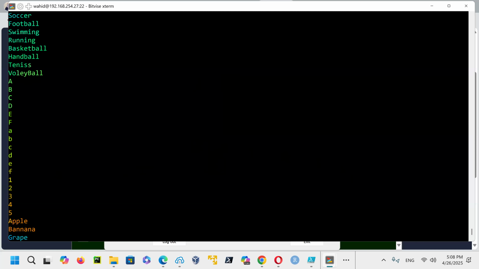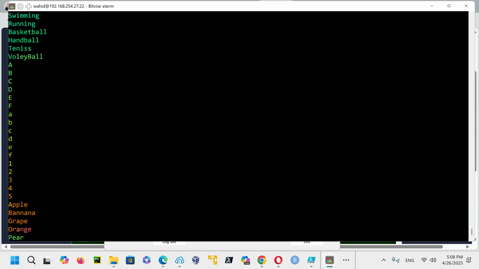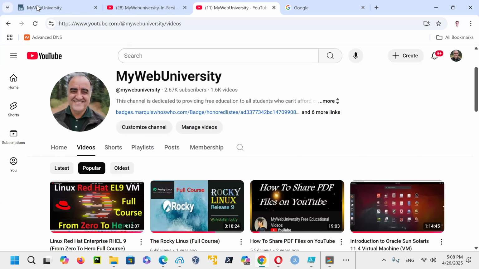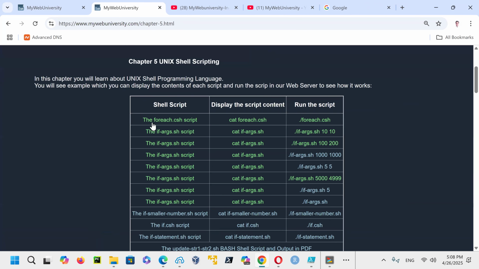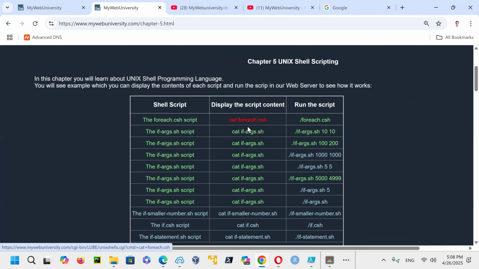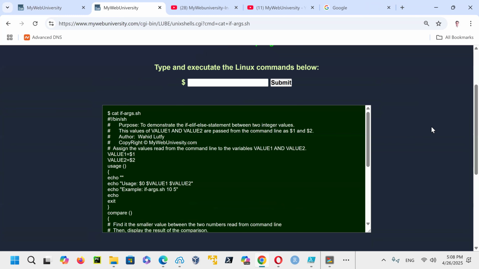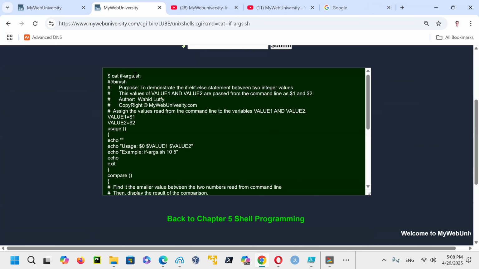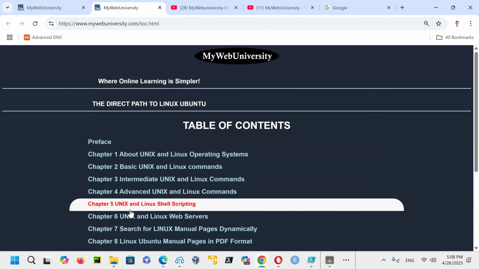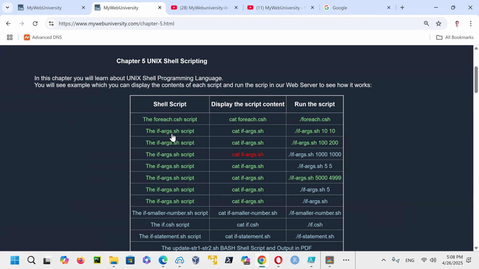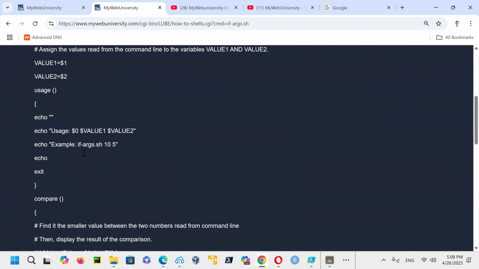And that was just a demo that you could cut and paste from my chapter 5 shell script that I did here. If you don't like to cut and paste, like here I showed you on chapter 5, you could go on this one and cut and paste. This is an if argument script that is going to check in Bourne shell two values, whether one is greater than the other or equal or something. If you look at this code on chapter 5, you can come in here and say, show me the actual code here.